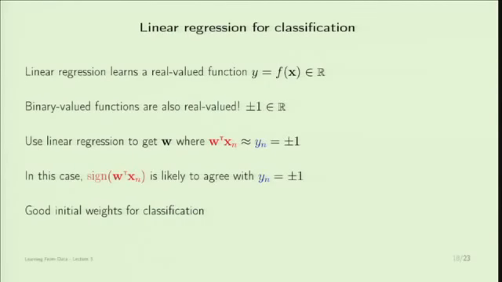Why not give it a jump start? Why not run linear regression first, get the W's? We know that the W's are okay, but they are not really tailored to our classification, but they are a good initial condition. Feed those to the pocket algorithm and let it run to the solution, which is a classification solution. That's a pretty nice idea. So let's actually look at